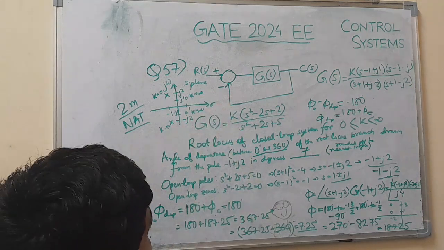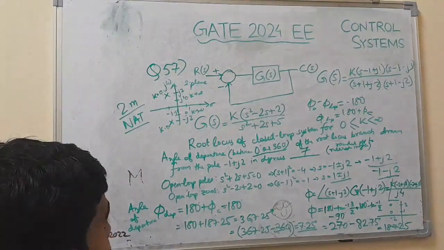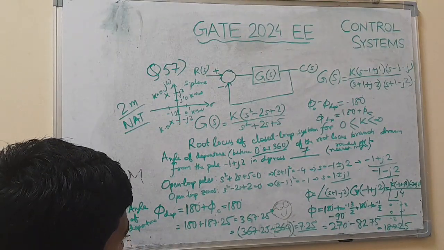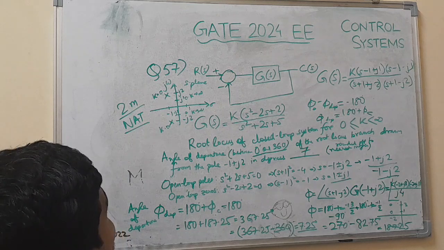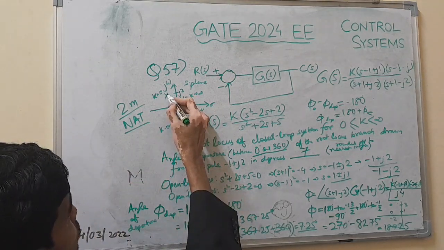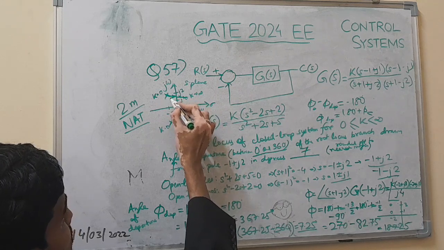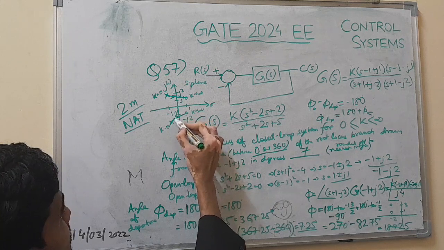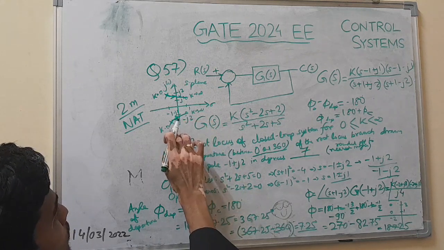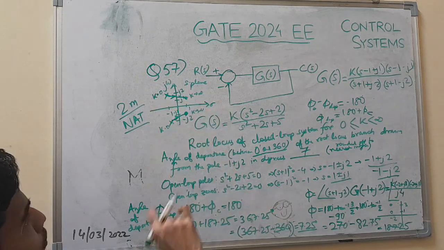A very basic understanding of how we can easily draw the root locus. ऐसे कुछ सिमेट्री मेंटेन करते हुए ओपन लूप पोल से स्टार्ट होगा और ओपन लूप जीरो पर टर्मिनेट हो जाएगा।